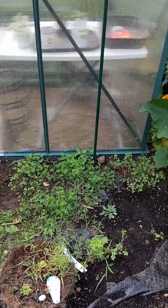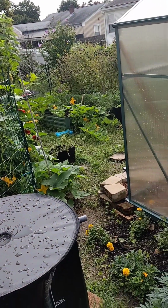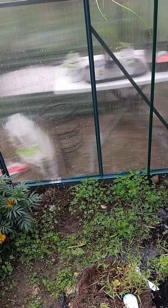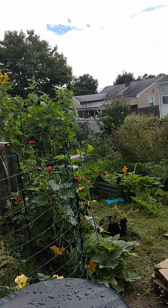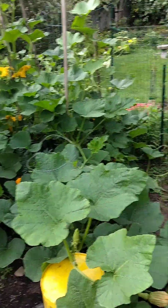So I'm sorry if my content's not that great, but it's because I'm a month behind on at least the summer garden. The fall garden I'm not too far behind on, and plus we're growing in here, so it's, whatever. But spacing is really important. Trellises and trellising, really important. I really love the arch trellis because it's functional,